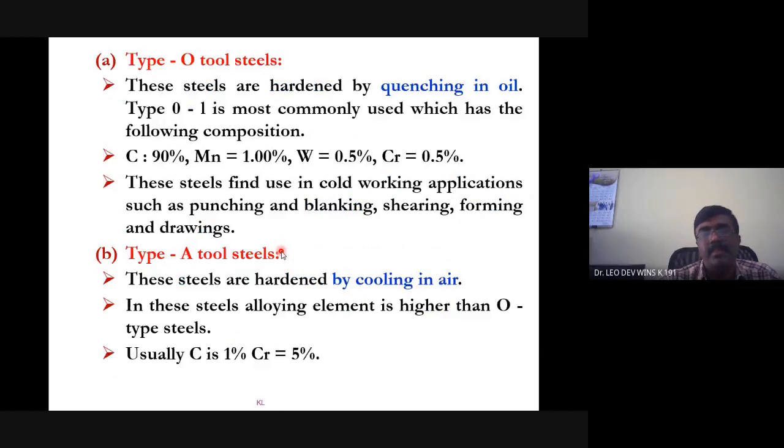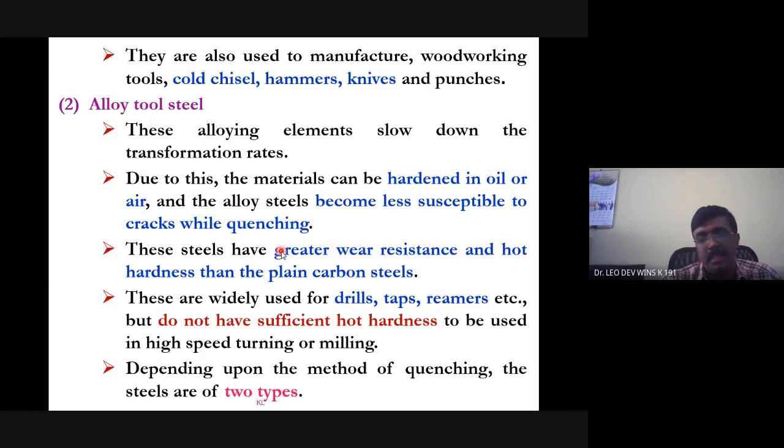Carbon, manganese, tungsten, chromium. These alloying elements are added and we are giving a new name to such alloy tool steels. It does not have sufficient hot hardness. Even though we are adding some alloying elements to improve the properties, this also cannot withstand very high temperature. There is a limit for the cutting temperature range, beyond which it will lose its properties. There are two